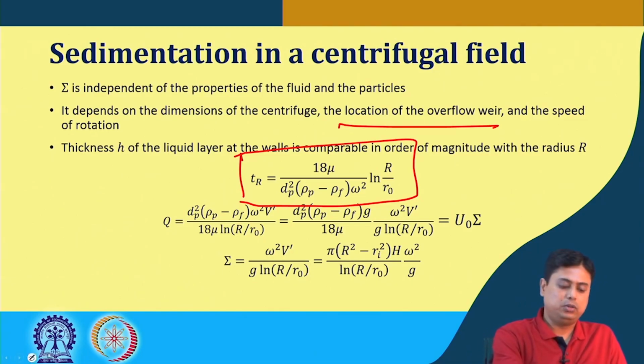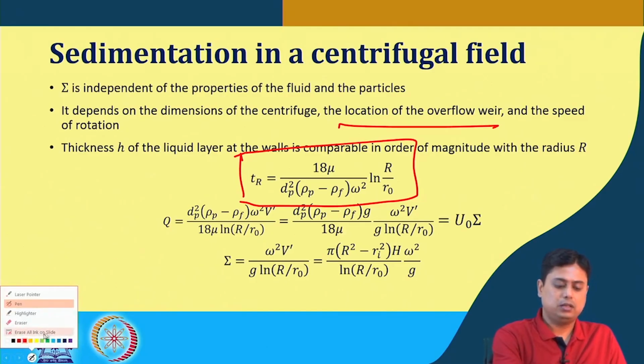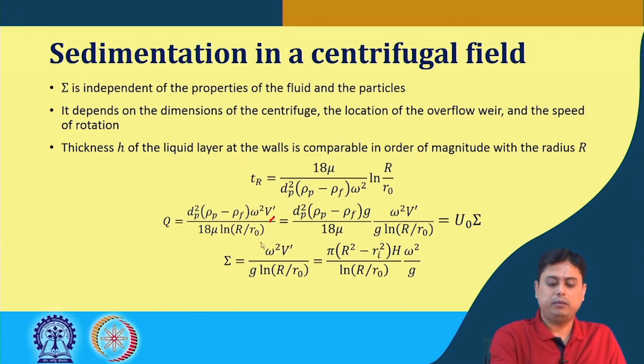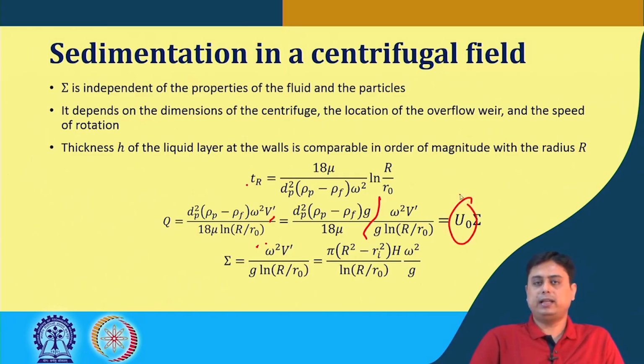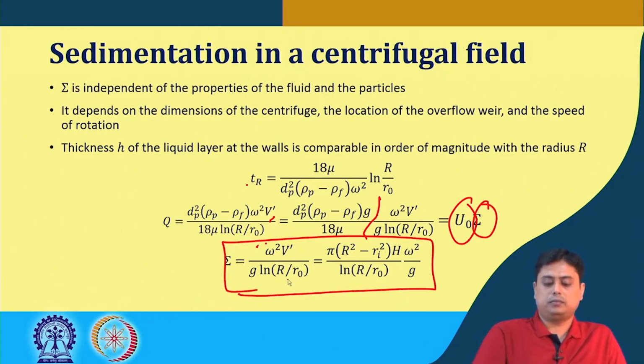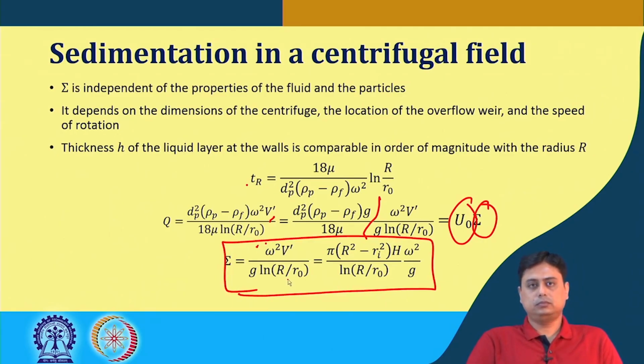And then again, similar to the previous expression, we write Q as V prime divided by this TR. We again try to write it deliberately in terms of the single particle terminal velocity, and in this case the capacity term becomes this expression. So, the point is that similar to this,